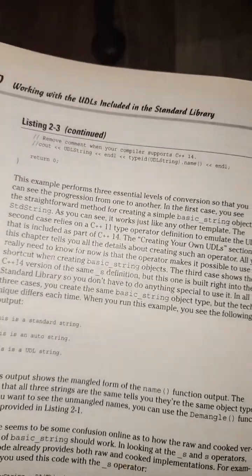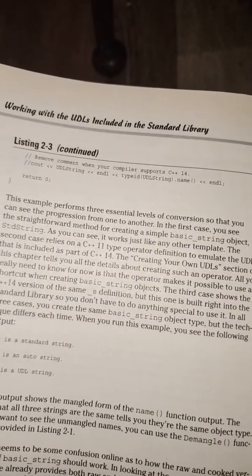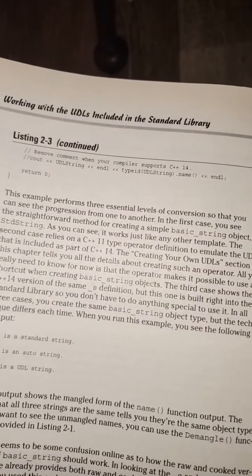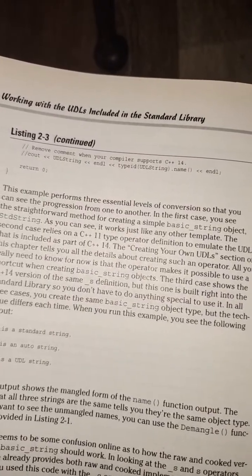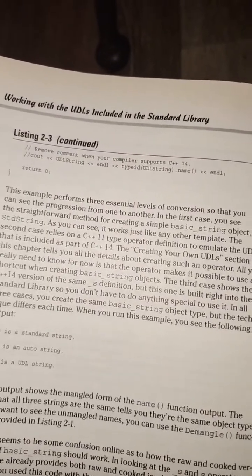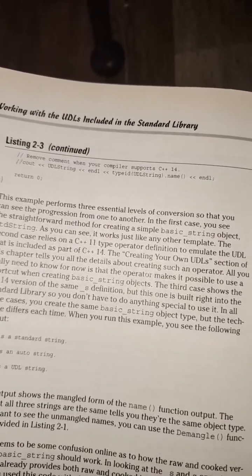Listing 2-3 continued. // Remove comment when your compiler supports C++14. cout << UDLString << typeid(UDLString).name() << endl; return 0; }